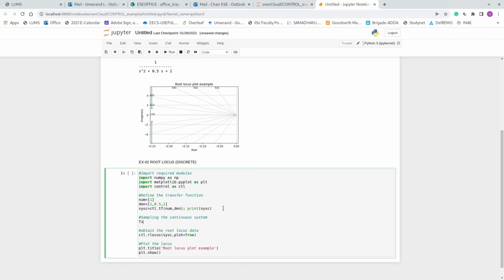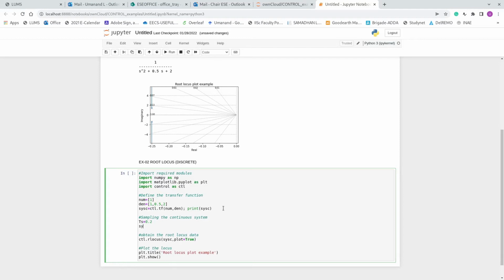Let us say sampling time equals 0.2, and for the discrete system I will use the control toolbox CTL sample system, and sample what?